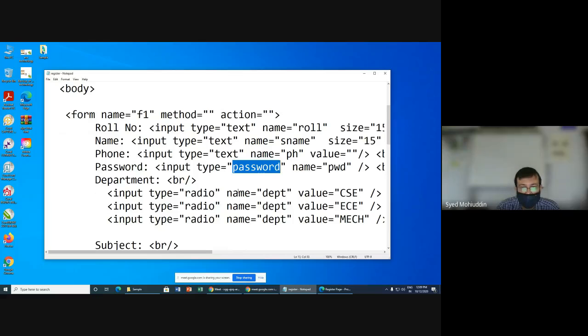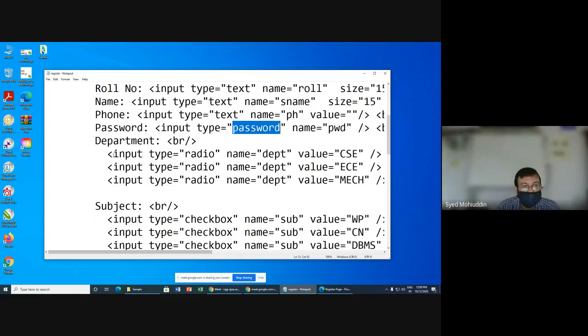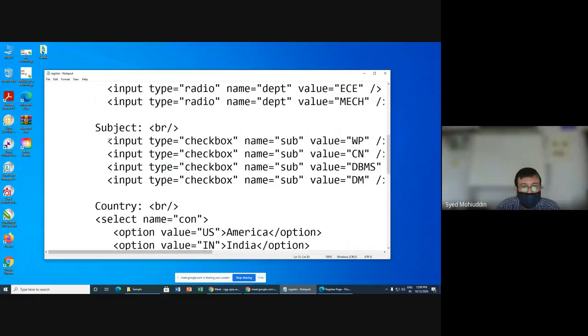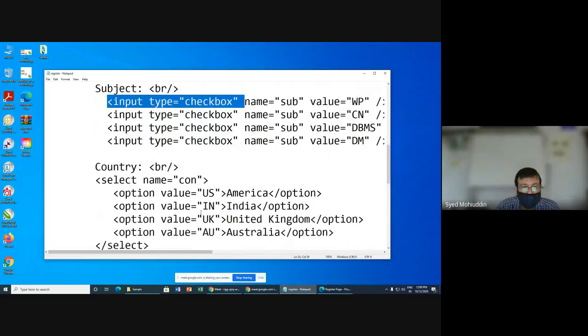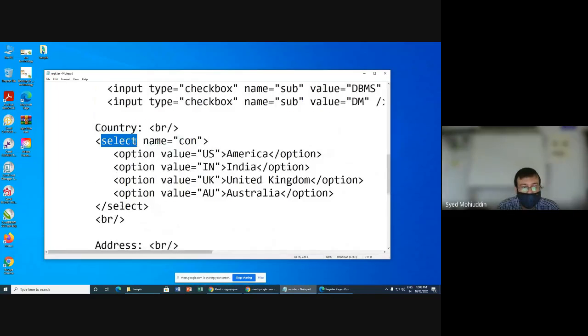Then we also had used password as the type of the input. We have as well used the type as radio buttons to create radio buttons, as well as type as checkboxes. Then we have also used the select tag for the drop down menu,